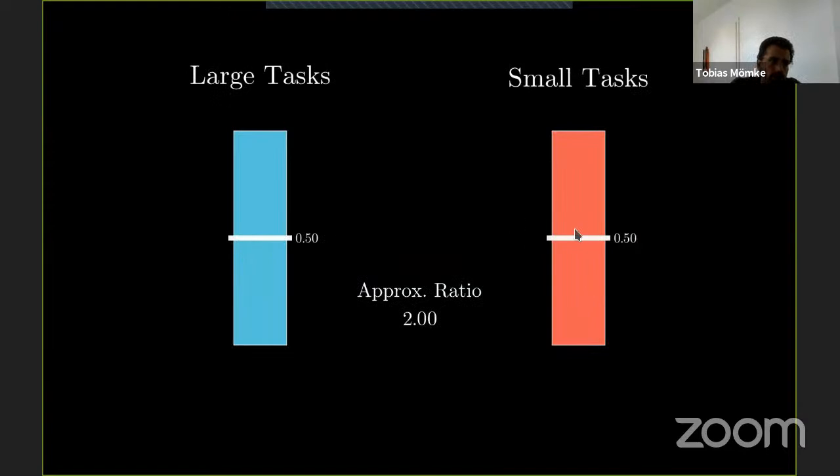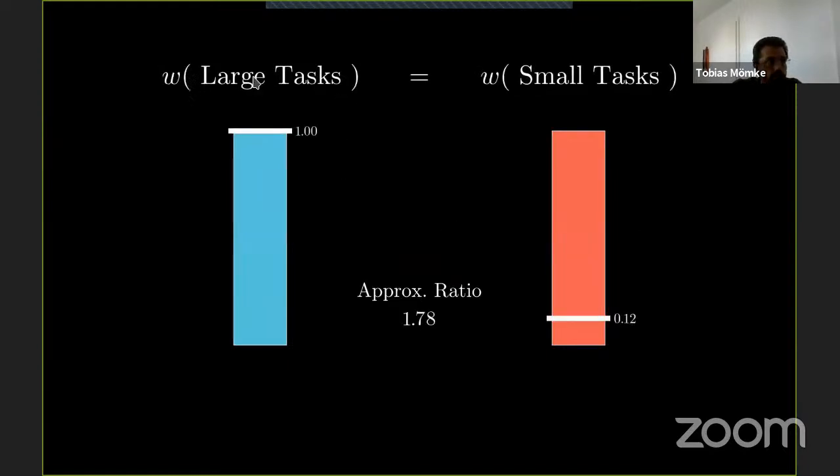And if we, I think I'm quite running out of time already, but if we get half of the profit from large tasks, half of the profit from all small tasks, then we get a 2 approximation because we get half of the overall profit. So these bars depict that the large tasks, like in an optimal solution, the overall weight of large tasks that we collect, that is the box on the left. And on the right-hand side, the red box is the overall weight that we collect from the small tasks in an optimal solution. And since we can solve these cases separately, the worst case appears if these weights are the